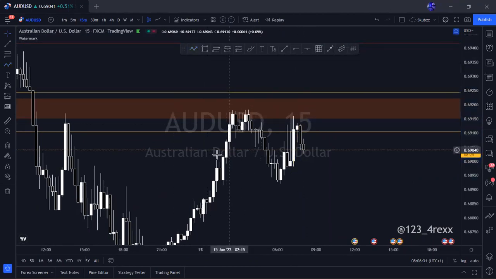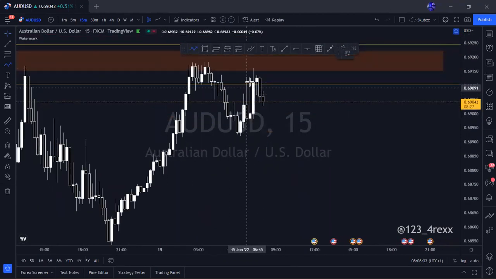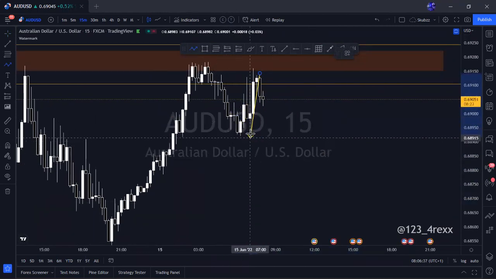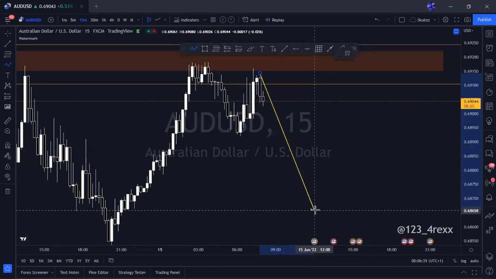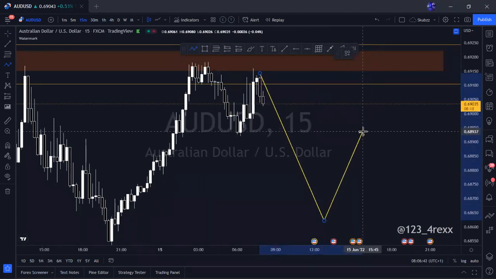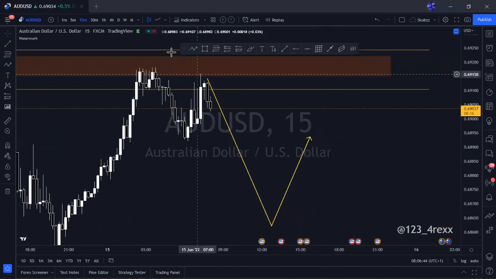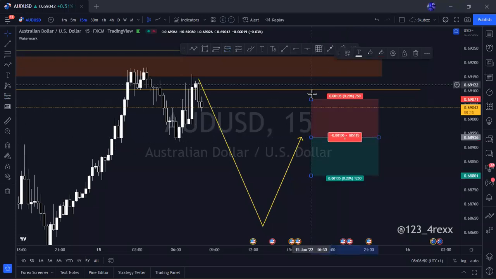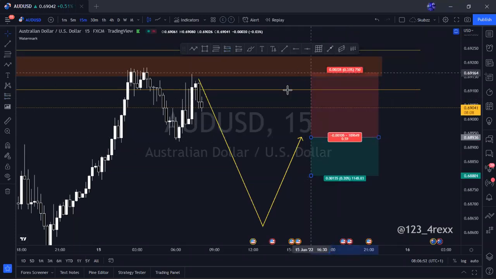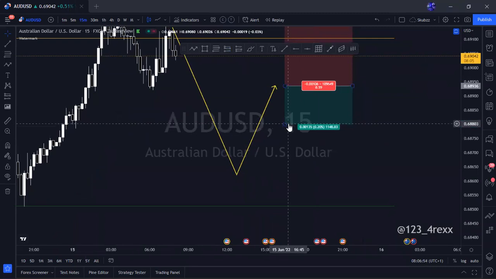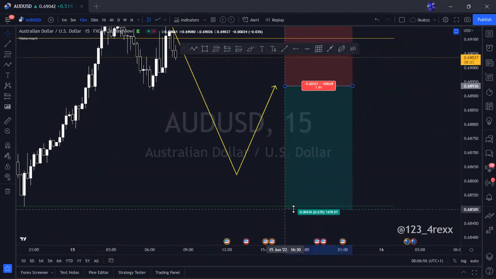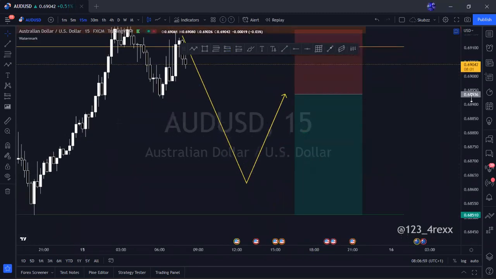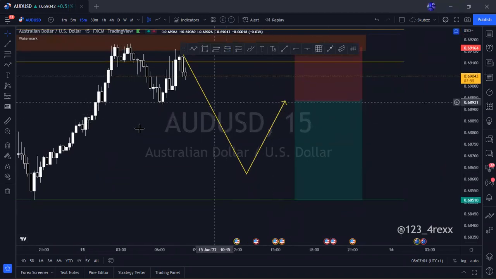One thing that we can have here is for price to just come down here and break this low here. Once price breaks that low, what I'll be looking out for is the retest, and that's how I'm going to enter on the lower time frame. If price comes down from this level and breaks this low, then I'm going to be entering aggressively. My stop loss just above that high, and then I'll be targeting the lows down here at the 0 of my Fibonacci. That's going to give me like a 1.87 RR.